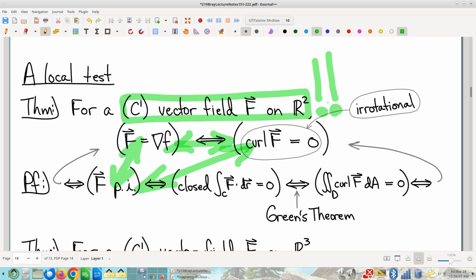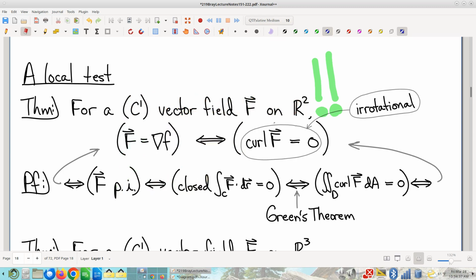So what I'm going to say here is that if any of this fails, then all of these implications here fail, right? And that means there's all sorts of combinations. It could be that the curl is zero, but it's not a gradient and it's not path independent. Or it could be that curl is not zero, but it is a gradient and it is path independent. And it could be that blah, blah, blah, right? There are a lot of different possibilities. So it's very important that we recognize the importance of the conditions.